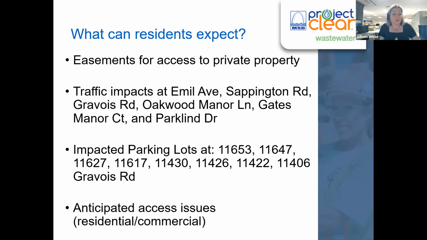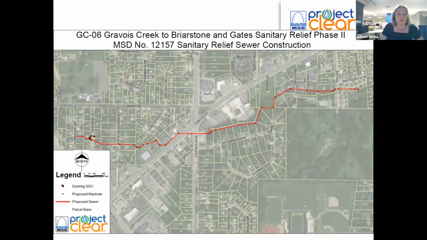But if you go on to the next slide, it'll be a good visual. So as you can see, this is a quite lengthy sewer, and there will be phasing that takes place by the construction contractor. Sometimes if you're not in our line of work, it's easy to assume that this will all happen at the same time. But if you think about it, they can't complete the construction of 5,000 feet of sewer all at the same time. So it will be phased. So this entire alignment will not be under construction at the exact same time.